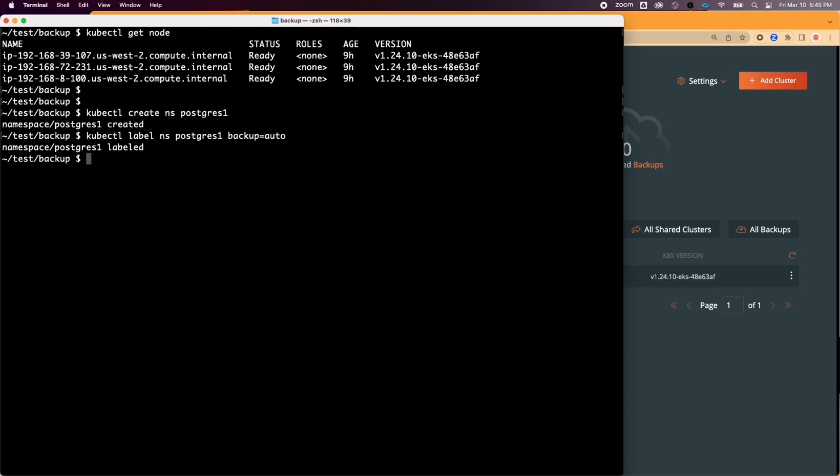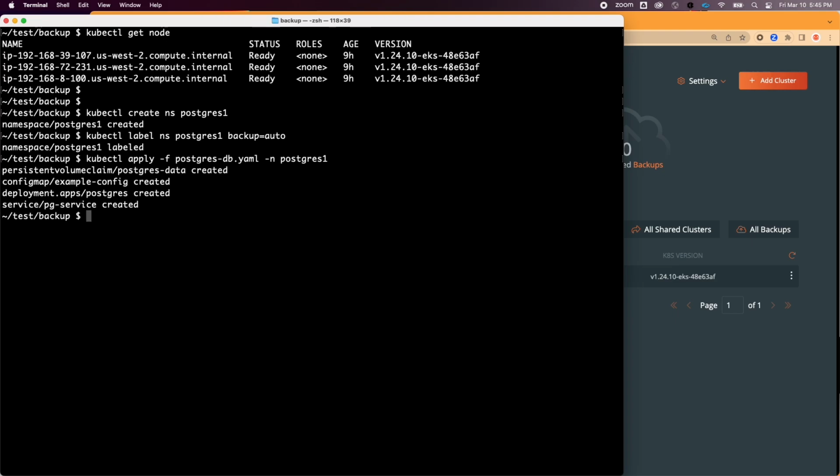So this will add the label backup=auto to the namespace. Now let's deploy a Postgres deployment in this postgres1 namespace. Okay,